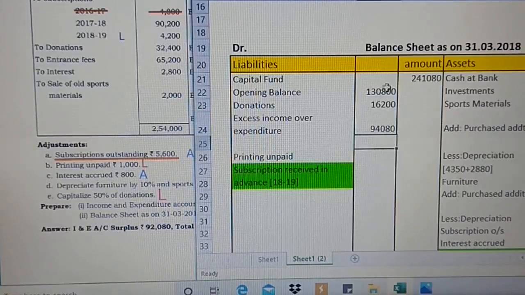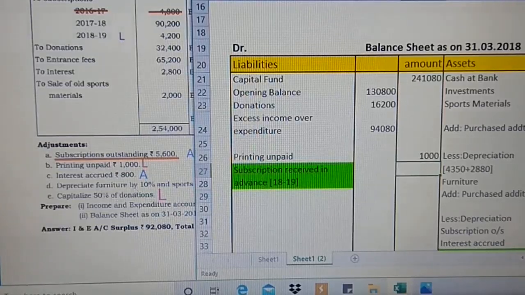So I've taken, as I've inserted the formula, I'm getting the total capital fund for this year, which is appearing on the outer column. As we are entering the value, just observe this total is 2,41,80 capital fund. Now we have completed the items that is related to the opening balance as well as the receipt side. Now concentrating on the adjustment, this is the next step left out. Subscription outstanding is taken. Printing unpaid, which means outstanding payment. Any expenses outstanding, liability side. So I'm going to take it on the liability side. 1,000 of printing unpaid. So it's liability.